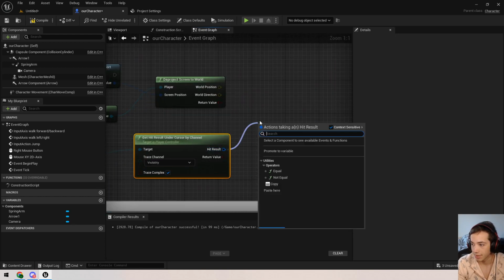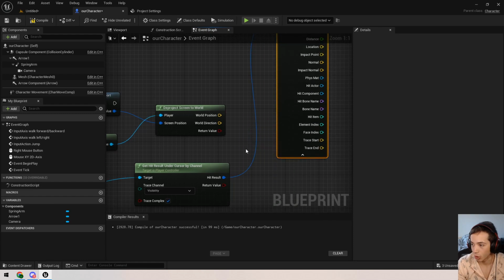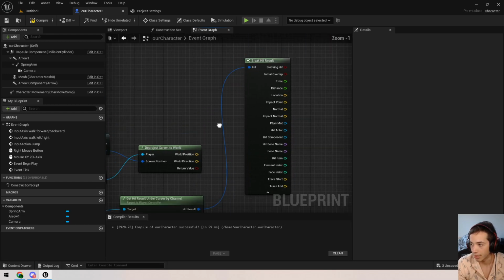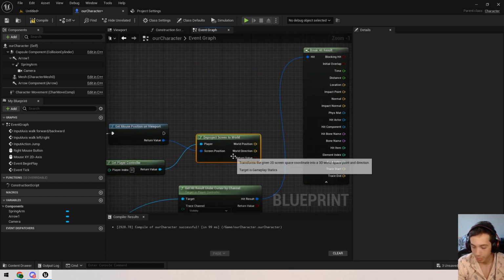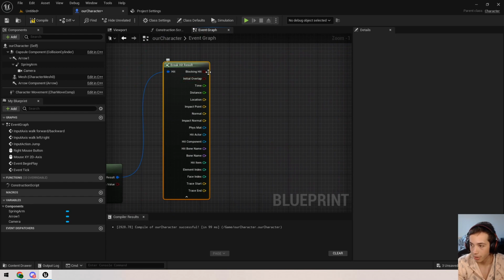What this is going to tell us is where the mouse landed. Whenever you see a dark blue thing like this, it is a struct. It is just like an object with a lot of properties. You can just drag off of it and do break, and you will get all of the properties. So what we want to know is where our mouse landed, and then we can